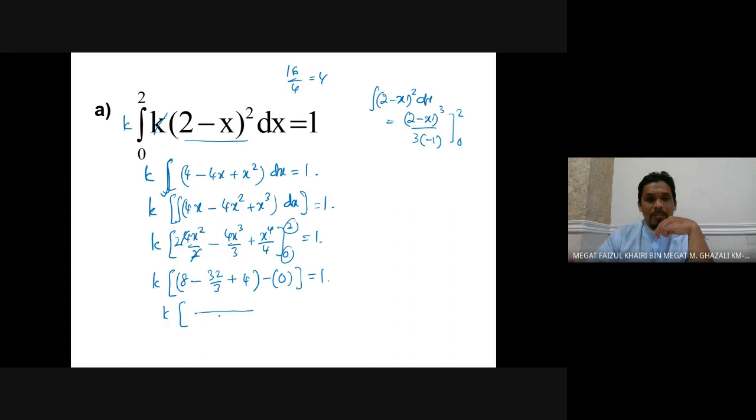Okay, so 3, 8 times 3 equal to 24, minus 32, 4 times 3 equal to 12. So class, 24 minus 32 plus 12 equal to